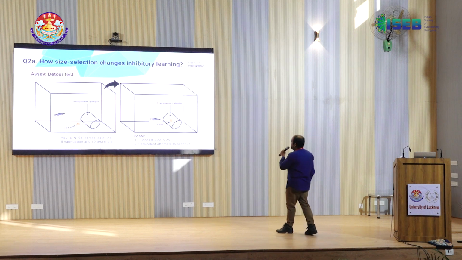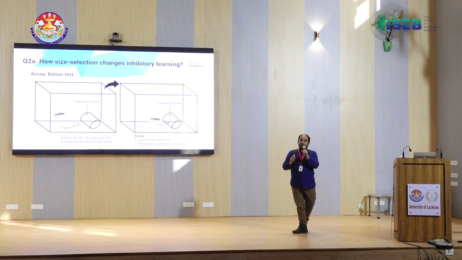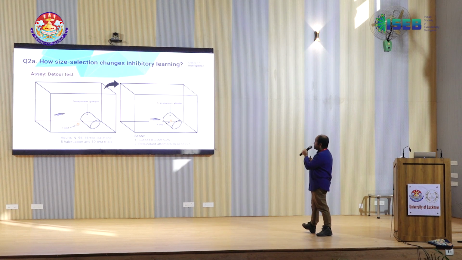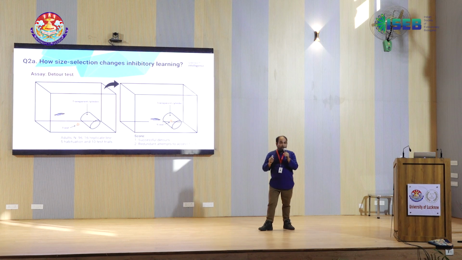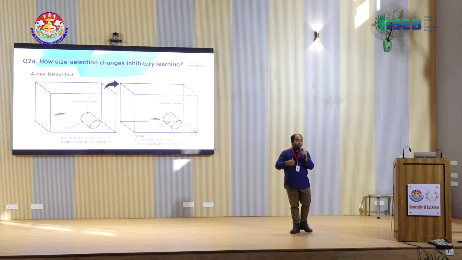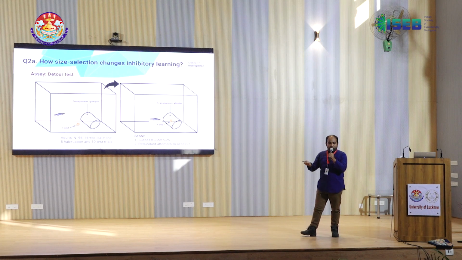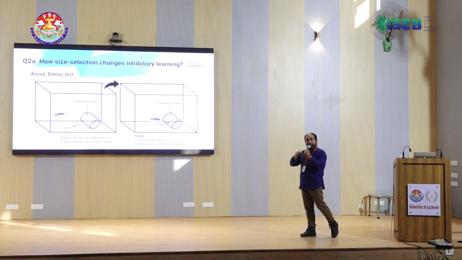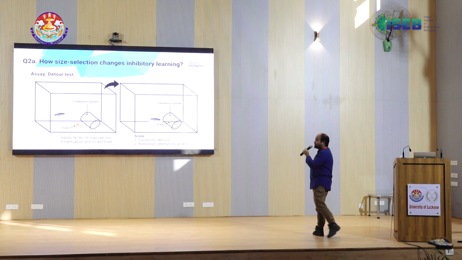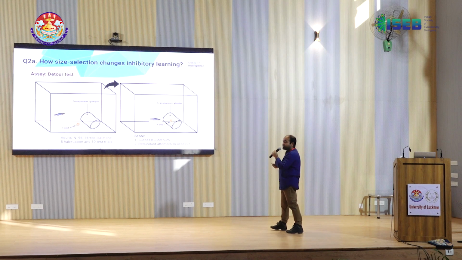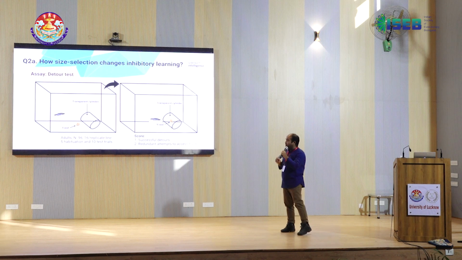Now we move on to testing cognitive abilities in individuals and collectives. We tested individuals in inhibitory learning. Inhibitory learning is a kind of executive function where the organism has to inhibit its unresponsive or reflex behavior when it does not achieve a goal, stop doing that, and do something else in order to get to the reward or the goal. We used a detour test to assay this. This is a classic test used across different species of animals.